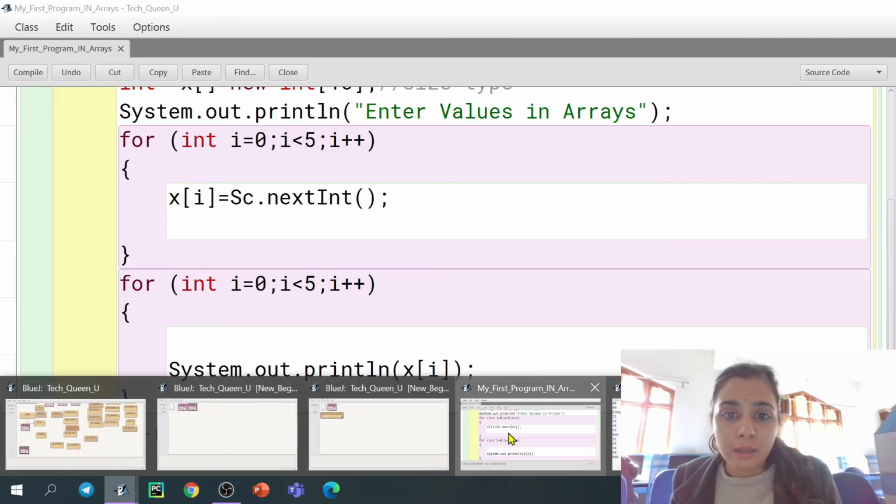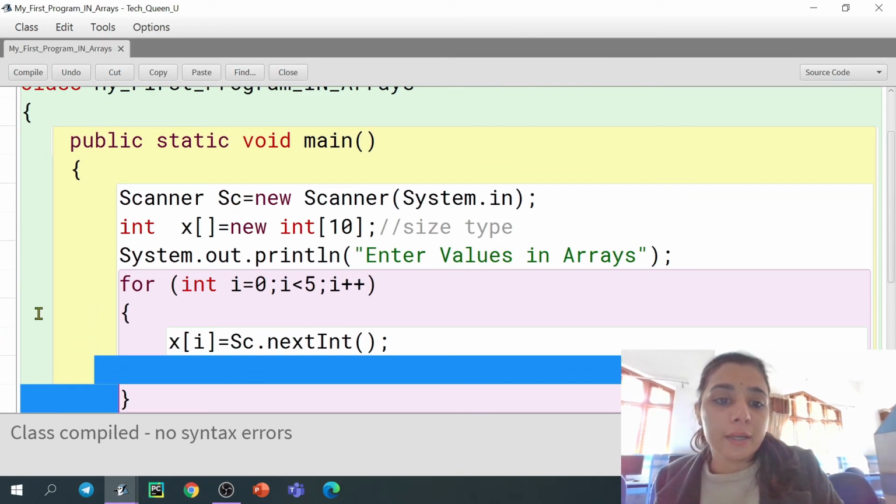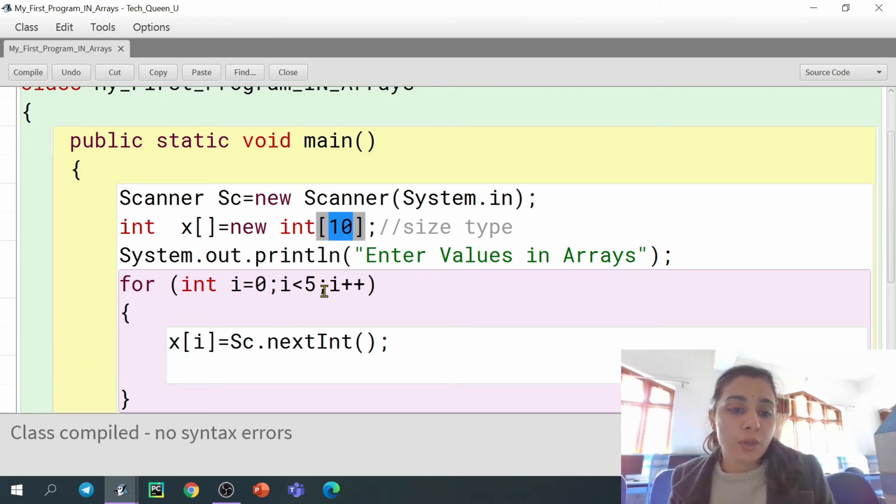What we did there, guys, I have declared my array with size 10, but I'm using only 5 elements. But what about the other five? This is the biggest disadvantage of an array. The size which I'm not using is wastage, because it is a fixed type of structure. Once you have created that, you can't change it, it is immutable. We cannot decide its size at runtime, we have to fix it.